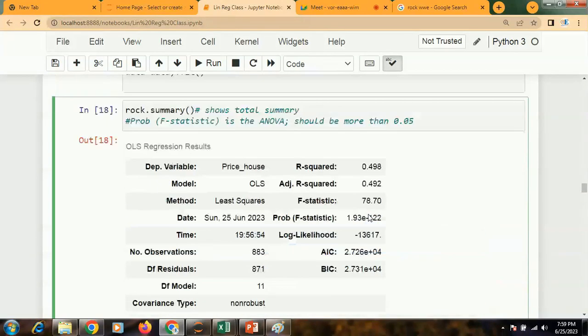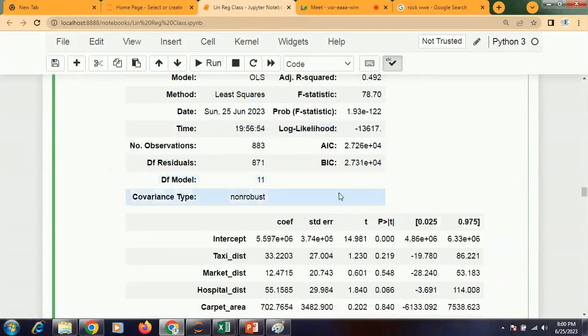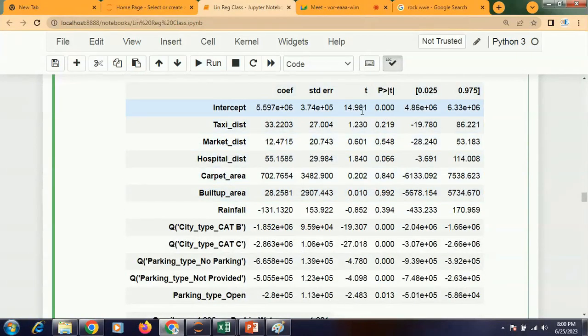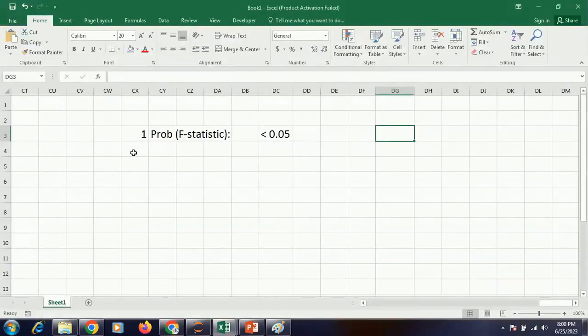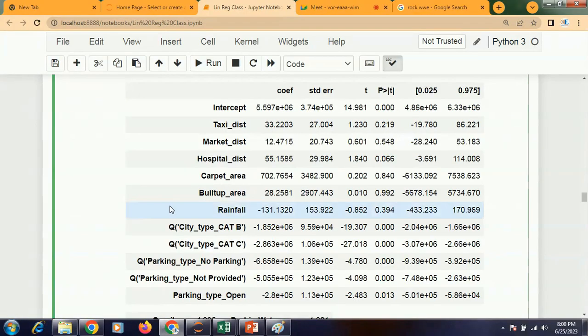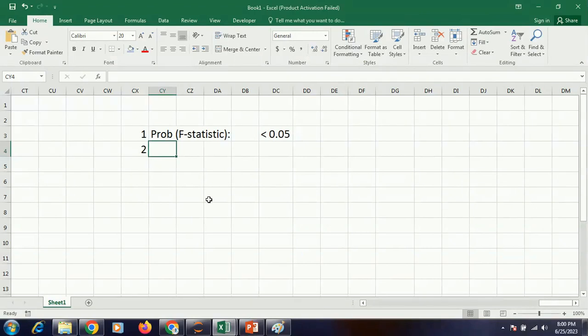But since there are so many variables with p values more than 0.05, the next value you are going to check is the p value, which is this value, and this should also be less than 0.05.